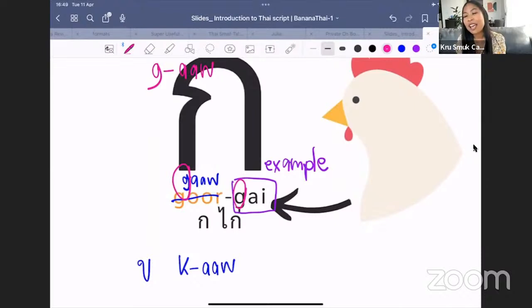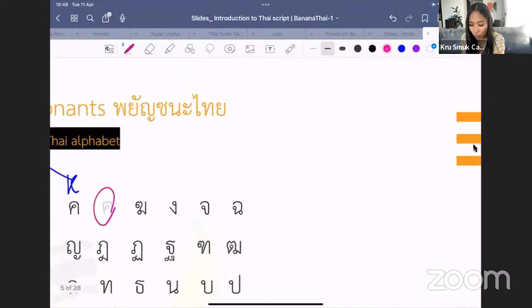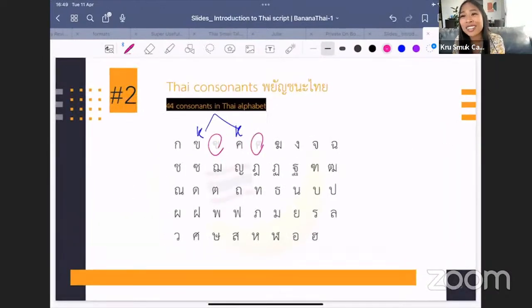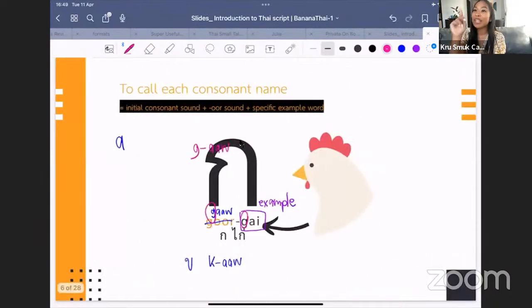It is because, remember, we have so many consonants that share the same initial sound, and that's why it's better for us to know which consonant exactly. If I just say k, you don't know whether it's ขอไข่ or คอควาย or คอระฆัง, right? So that's why, yes, you can, but it's better to know the name. All good? โอเคไหมไปต่อนะคะ